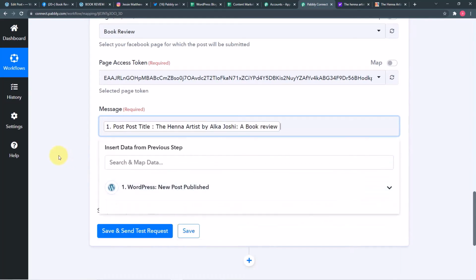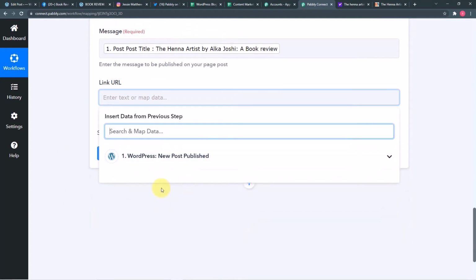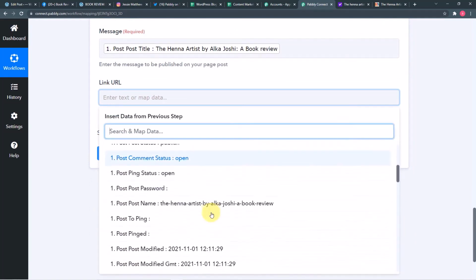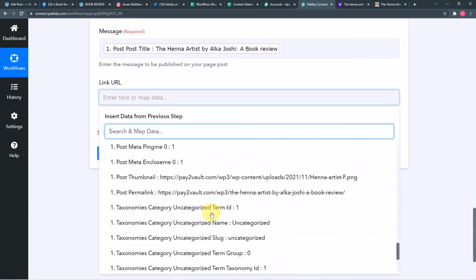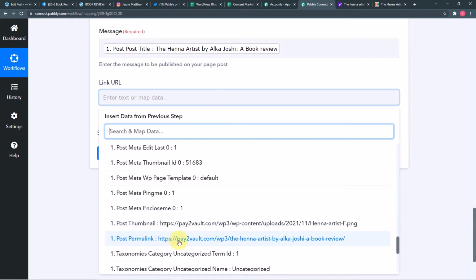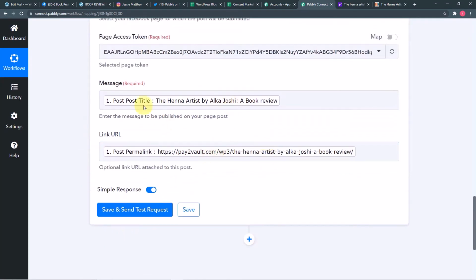And then it is asking for the URL of your blog post. So here I'm going to click, click on WordPress, and map the blog's URL. You will find a generated URL here, you can see post permalink. So I'm going to map this post permalink from here, right? And when I click here on save and send test request, these 2 things will be posted as a new post in our Facebook page. So let me click here,